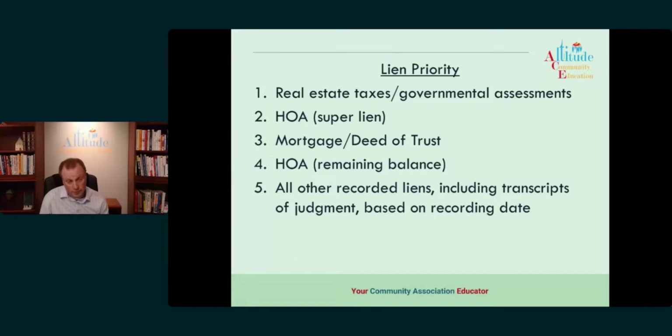So with us, if we were number 2 and we're foreclosing on our super lien, and the mortgage doesn't pay our super lien, if we were to foreclose on that, numbers 3, 4, and 5 would all be closed out, and they wouldn't get any money on their liens. So that's why number 3 will pay off the super lien, and then they move up to the number 2 spot, and we would move down to the 3 spot, and then we'd go forward with our foreclosure.